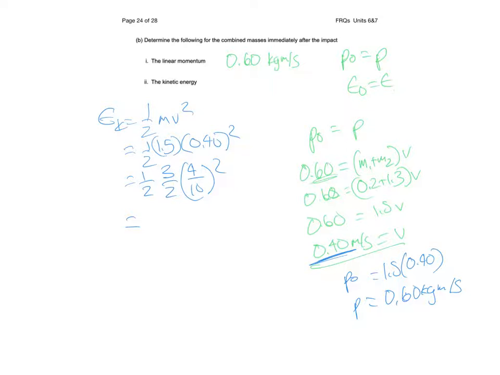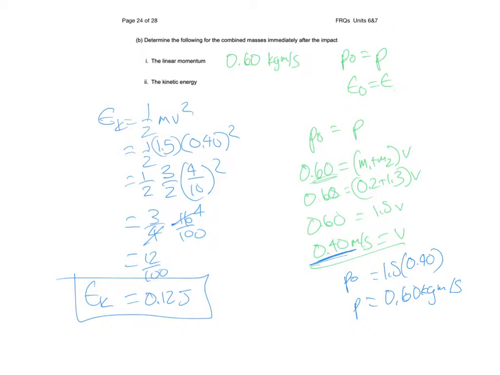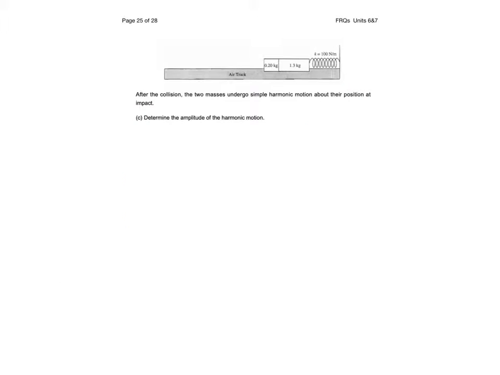And so we see we get 3/4 times 16/100, and this becomes 4, and we get 12/100. So 0.12 joules is the kinetic energy after the collision. So again, a simple calculation using the speed beforehand. The momentum,